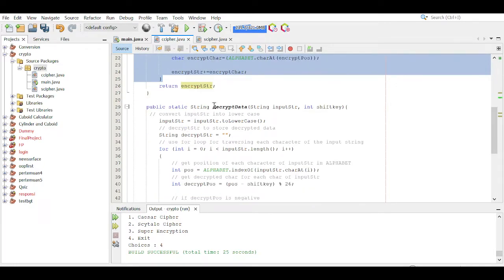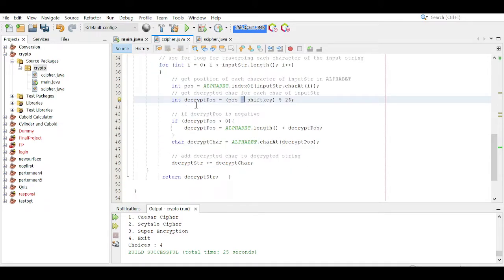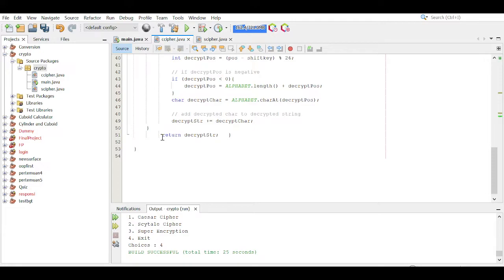So for the decryption, it is exactly the same, but instead of using a plus, we have to use the -1 to get the decrypt position, to know our plain text from the ciphertext that we already made before here, and it will be returned into